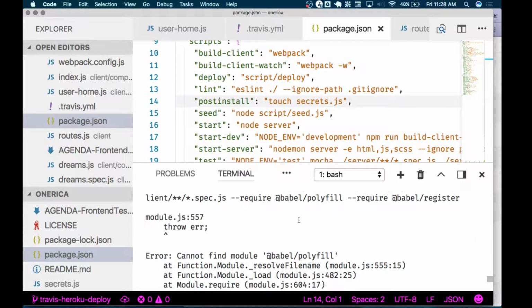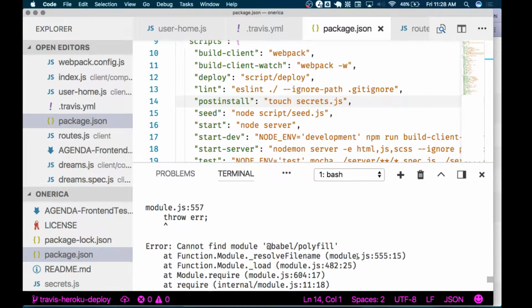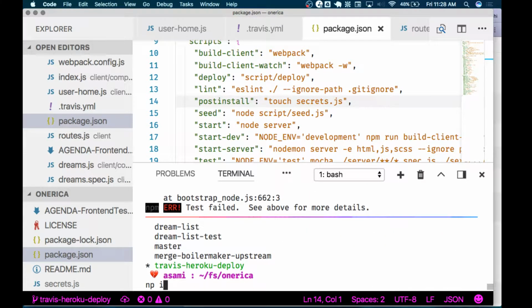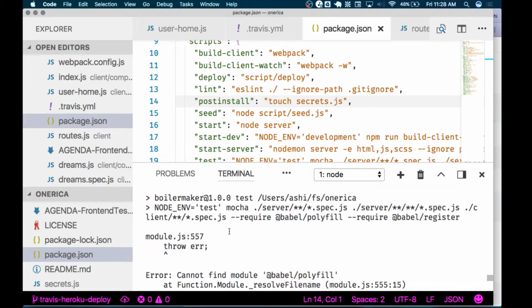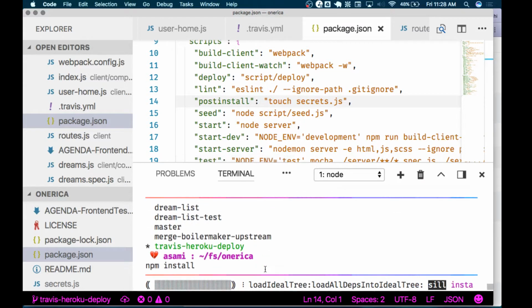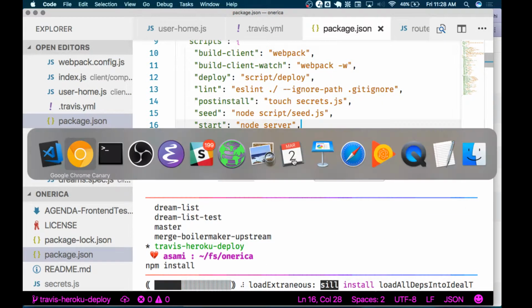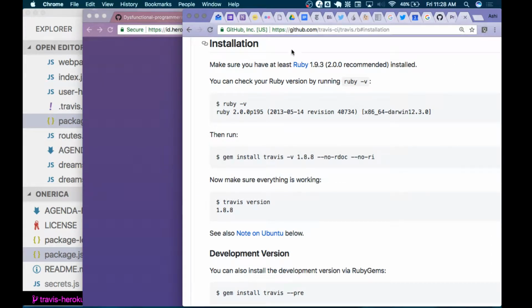So this is going to be a different problem that we're about to encounter. I think you just need to install it, probably. So while that happens,